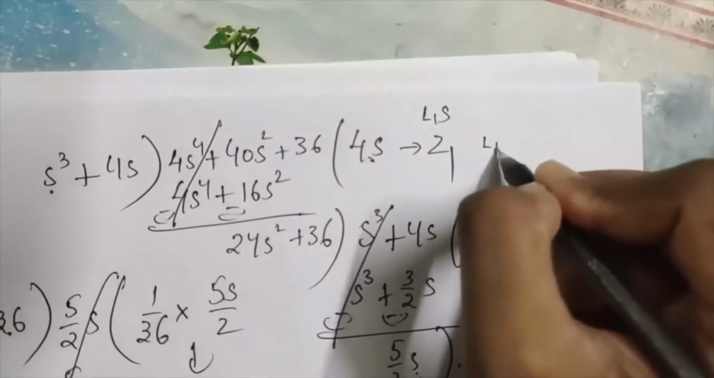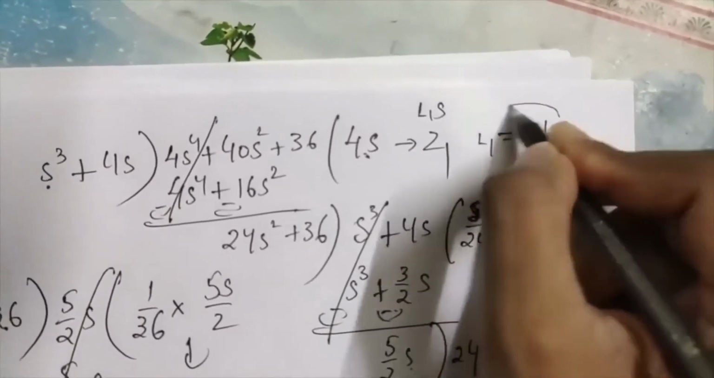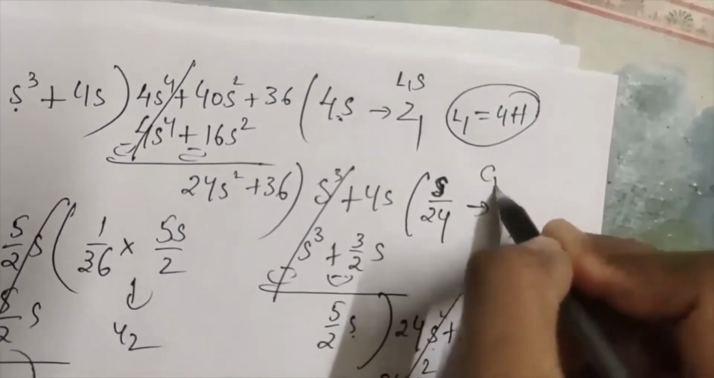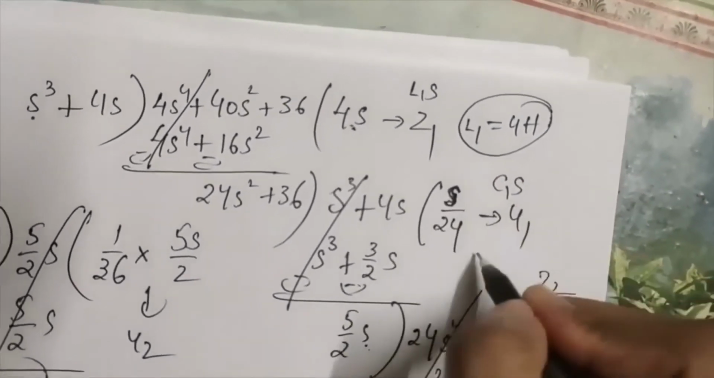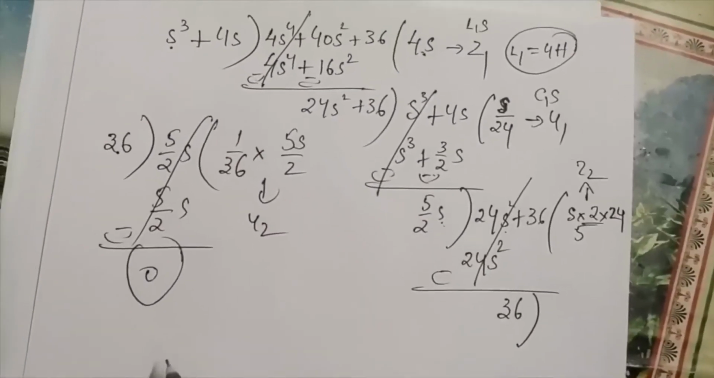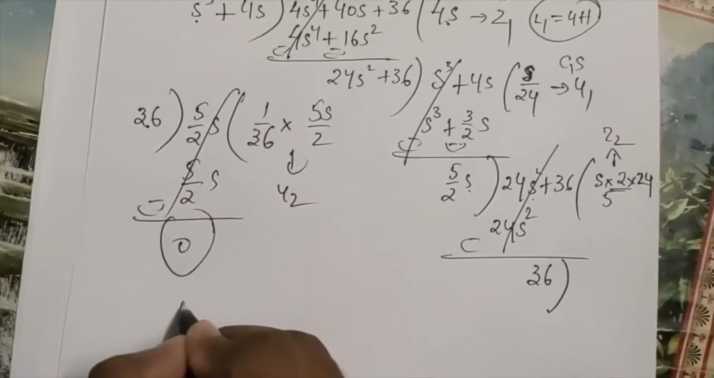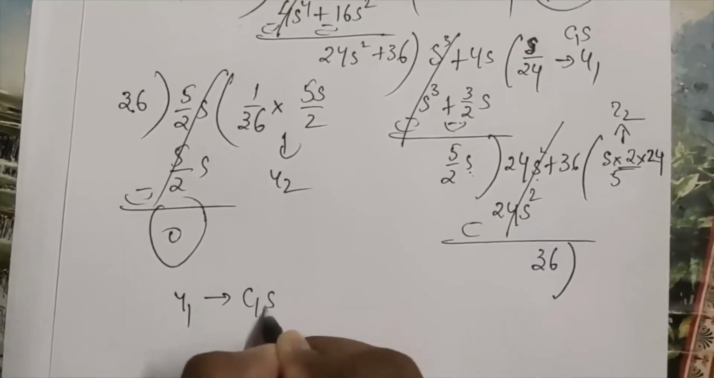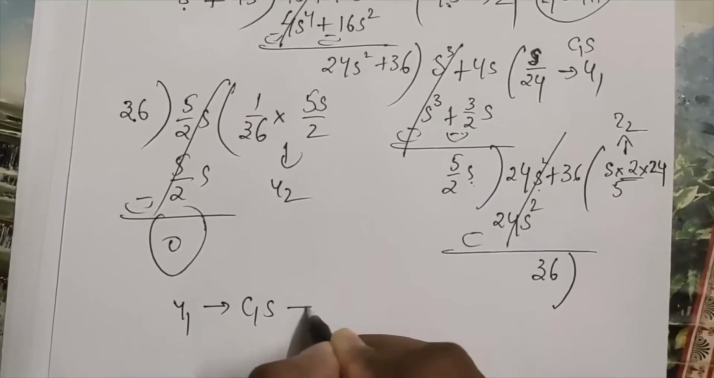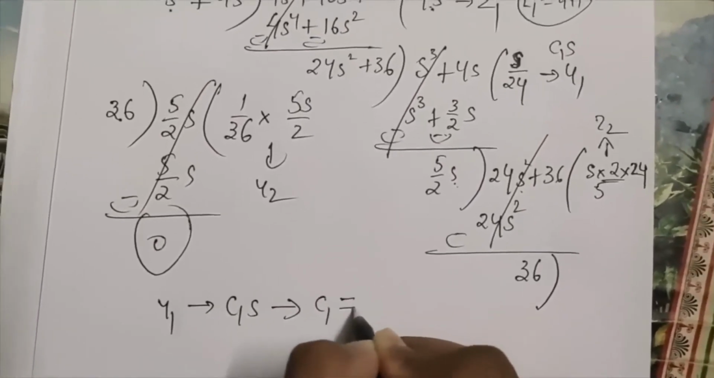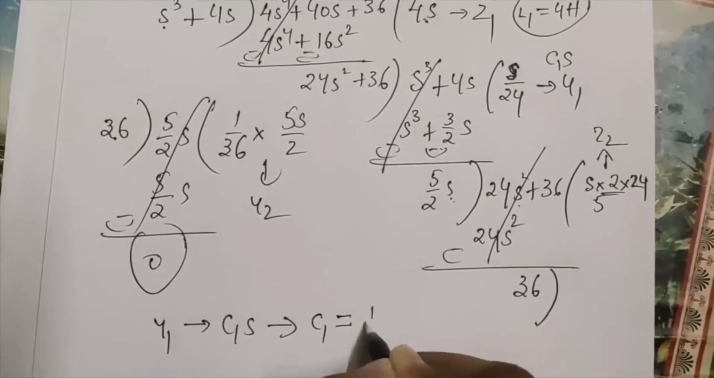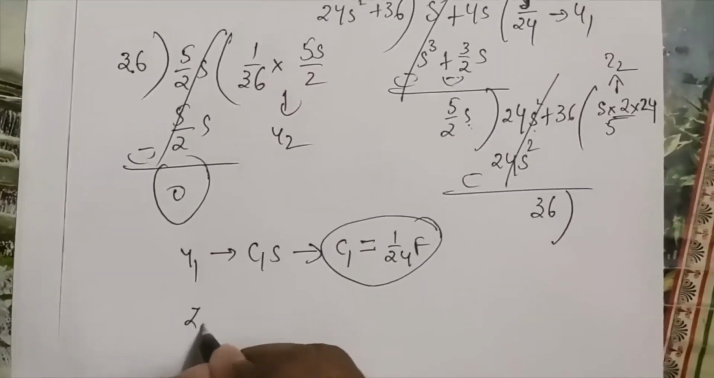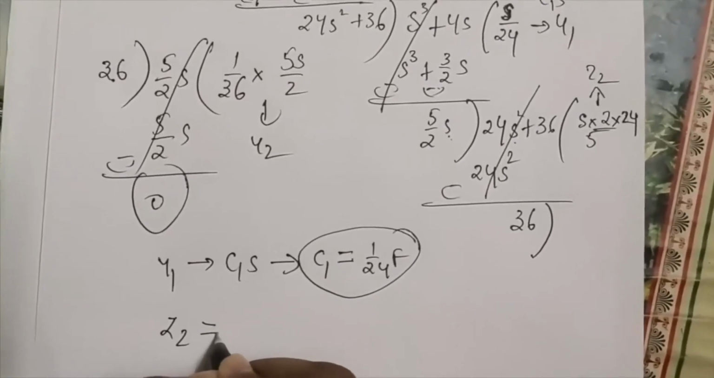So L1 value is 4 henries. So Y1 is in the form of CS. So C1 value is 1 by 24 farads. So Z2, if I multiply that, it is